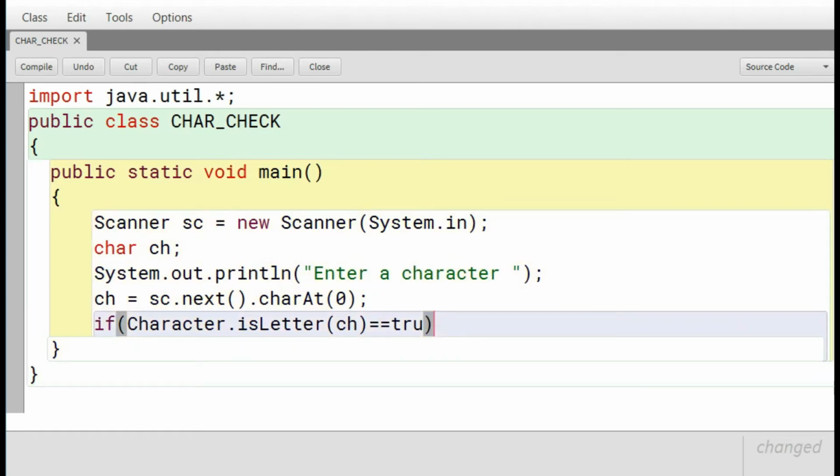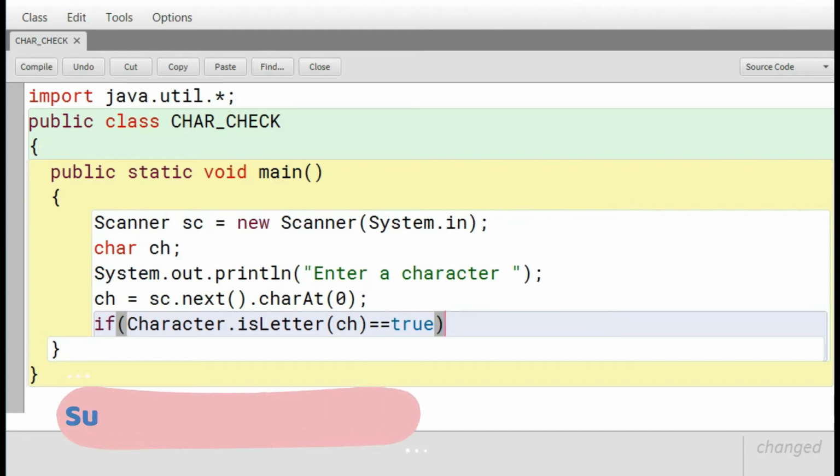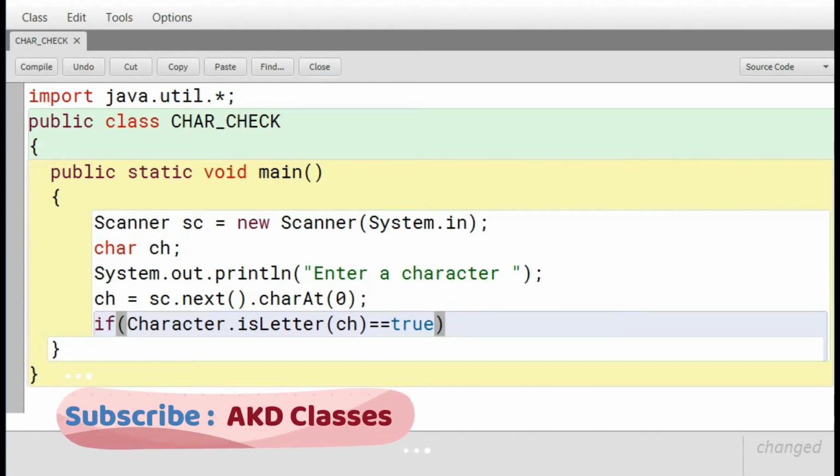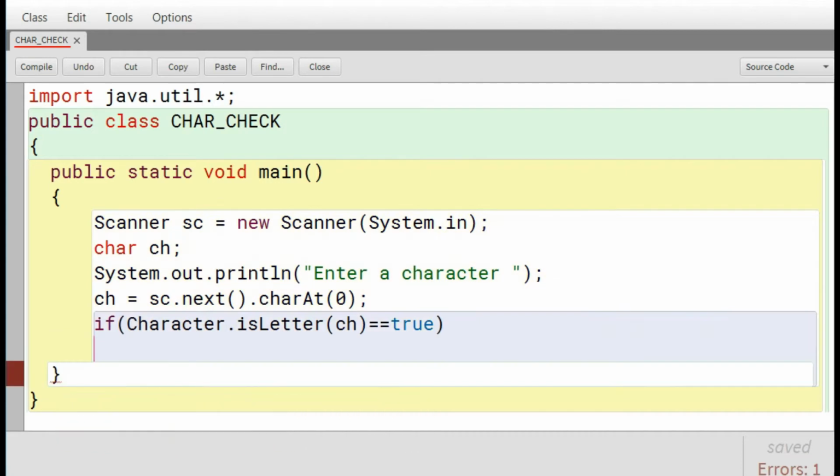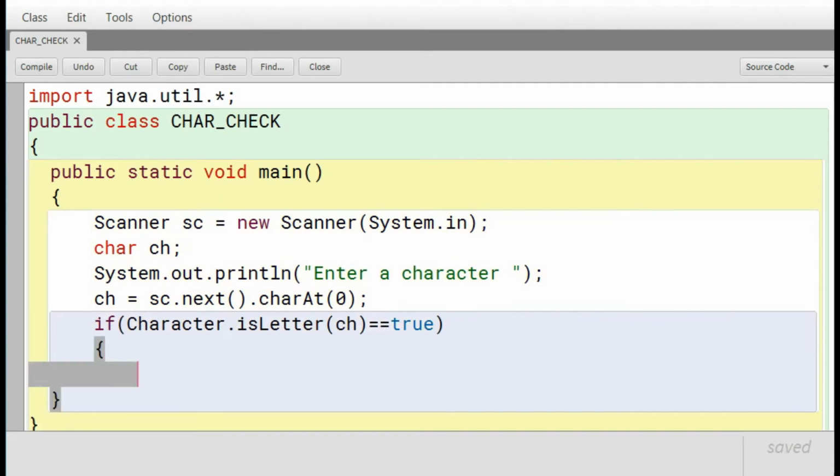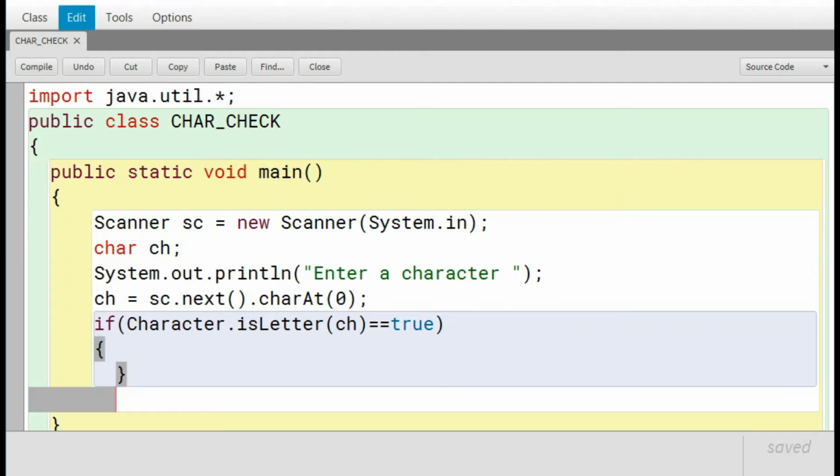If the character that we have accepted from the user is a letter, then this part of the statement will get executed and it returns the true value. So it will execute the body of the if part, and here we are going to write the statements inside the if part.